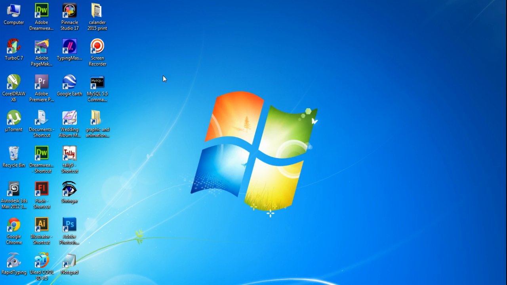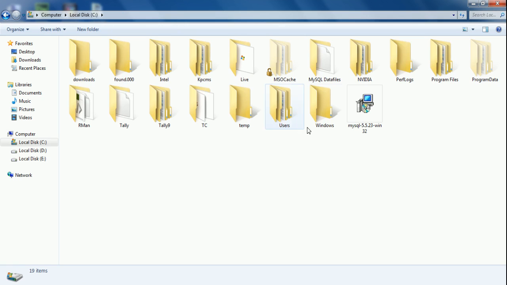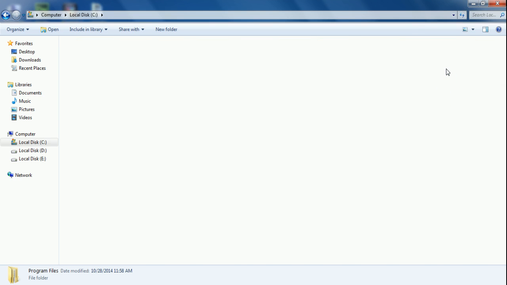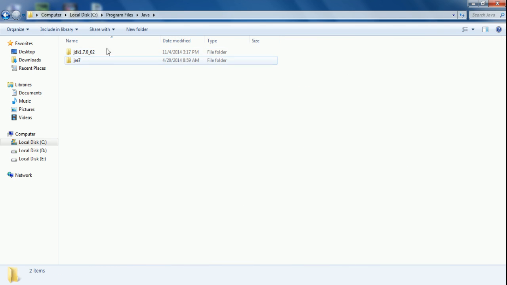We have to set the path of the JDK. So we will go to the C drive, because all programs are installed in the C drive by default, and go to Program Files. If you are working on a 64-bit Microsoft Windows operating system, then probably you will see a folder in C drive, Program Files x86, so you need to go to x86. Here I am using 32 bit, so I will go to Program Files, then look for the Java folder. Here is the Java folder. Here we can see that JRE is already installed because we have installed the JDK.